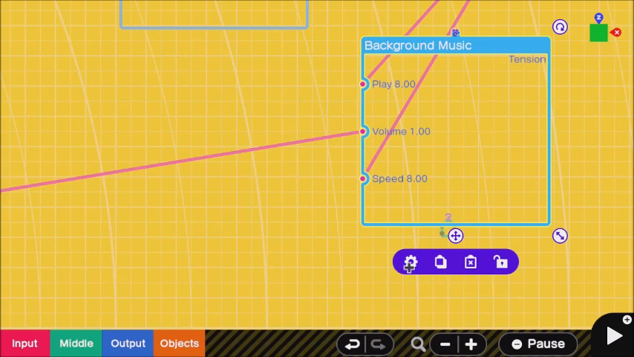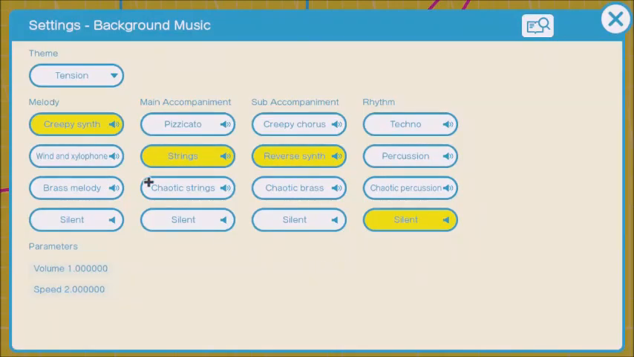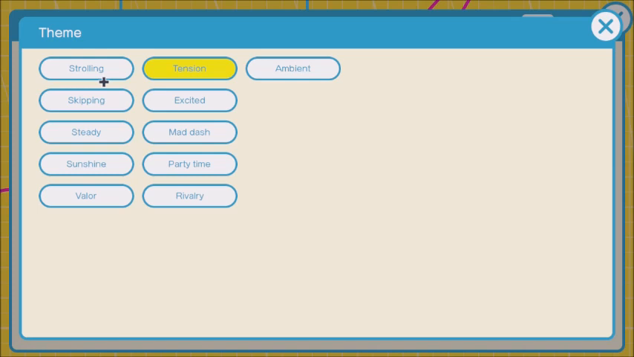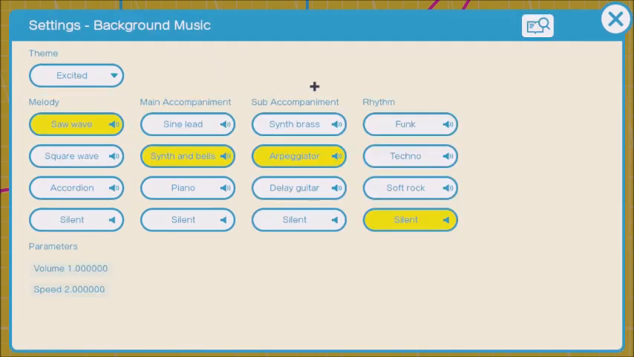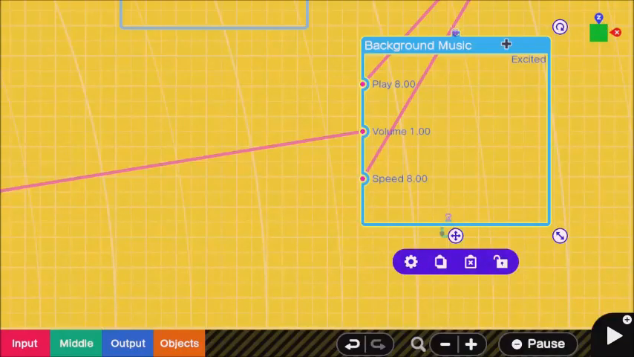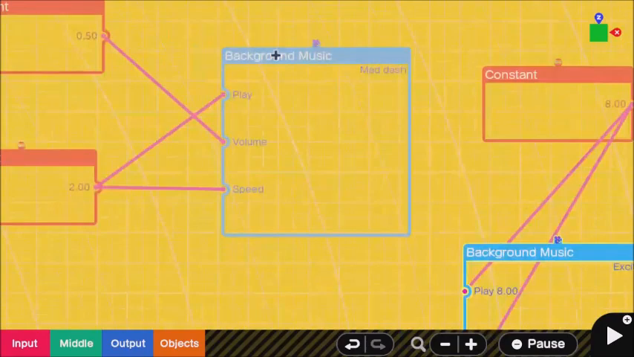So we'll go under here. As you can see, strings was found easily for me under tension as well as synths. If I wanted to make some Kirby music, if your boy was trying to do some Kirby,